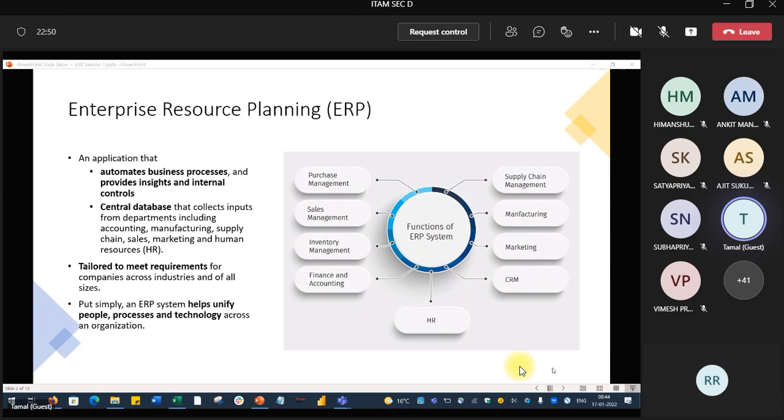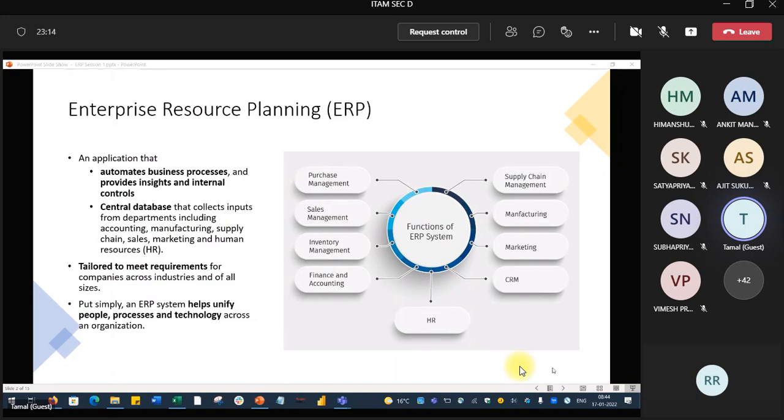In many cases, 70% of cases, ERP software is implemented as it is. There is no tailoring because all the business processes have already been incorporated in those modules. So you can tailor ERP if the requirement is like that.